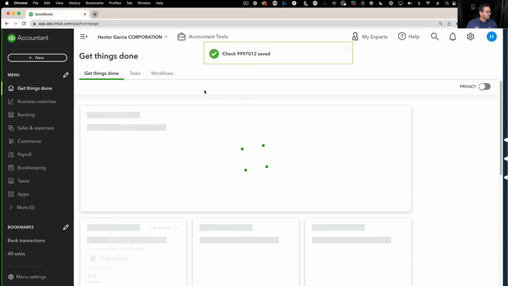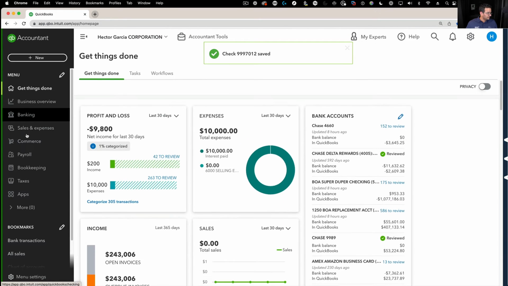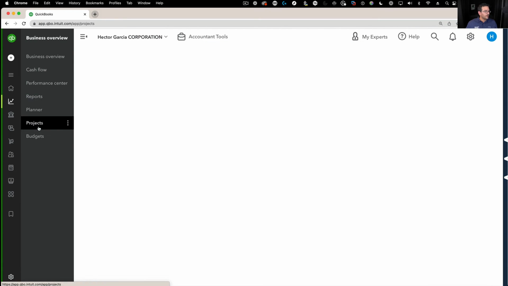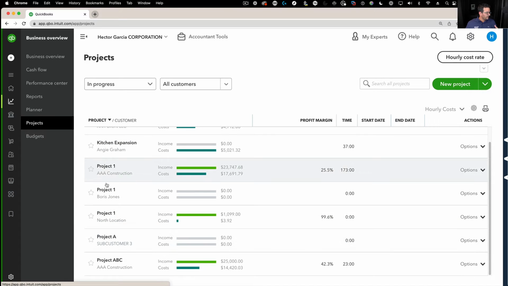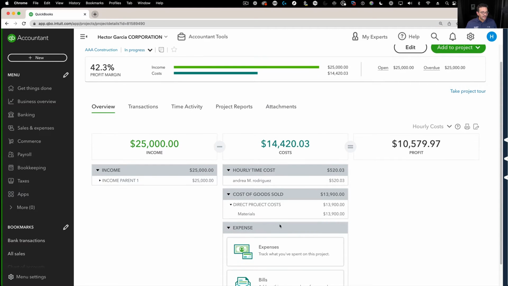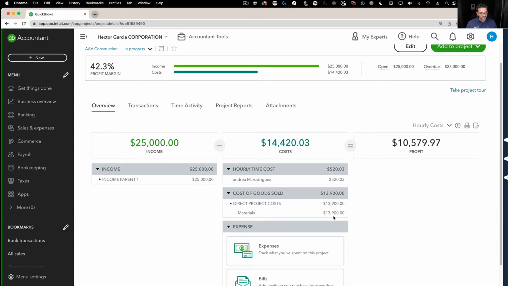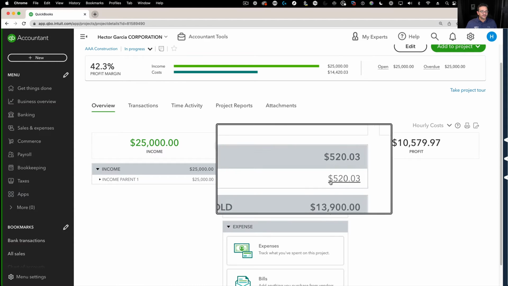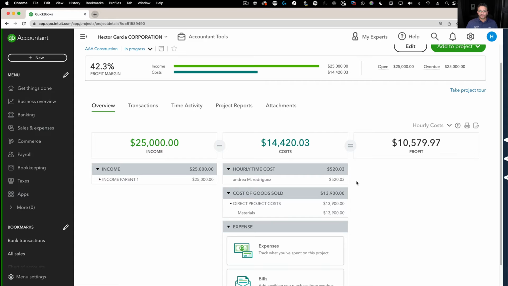And as soon as I do that, if I go back into my projects and then go back into project ABC, where are you? Right here. Then now we should see that project cost here. I can expand that and see that there's $13,900 in materials. I also have some timesheets tied to a particular employee. I haven't processed payroll yet,